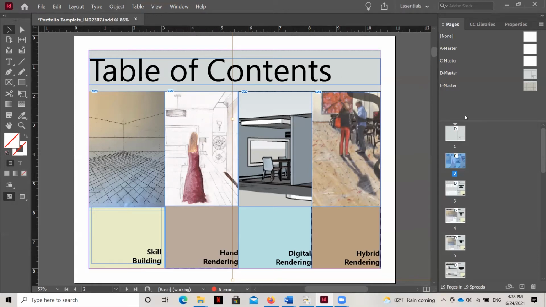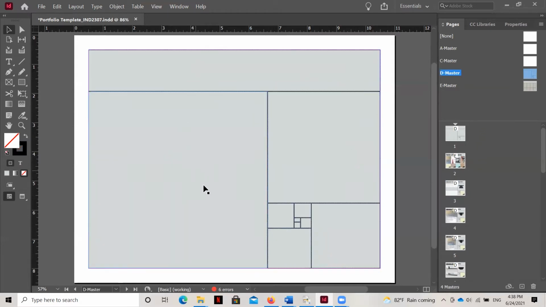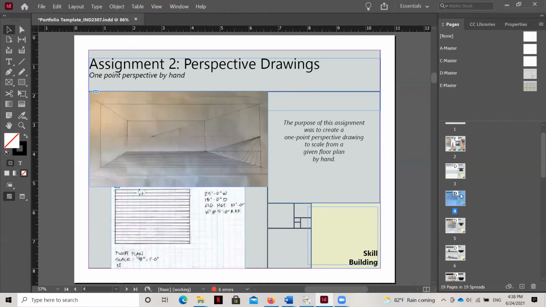So these master pages have been applied throughout here. You can see I have the same text box here. I've got the same text box here that's been created, right? And I've got some images that have been placed. And we'll talk about how to place and adjust images later. But right now you can see that the organization of the master page D really serves me well to organize content that's repetitive across pages within my InDesign template in a way that makes them always consistent.